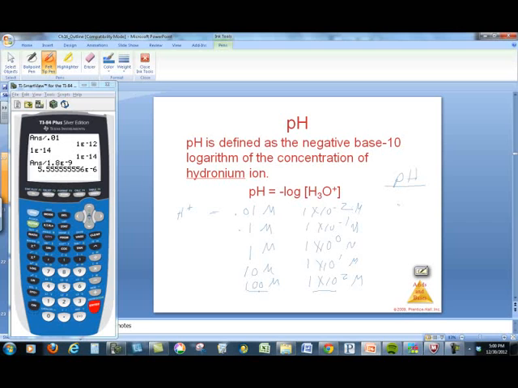So in this case, the pH will be 2. In this case, the pH is going to be 1. In this case, the pH is 0, 1, and